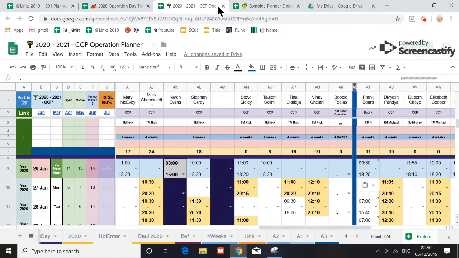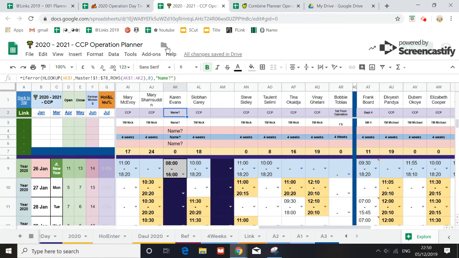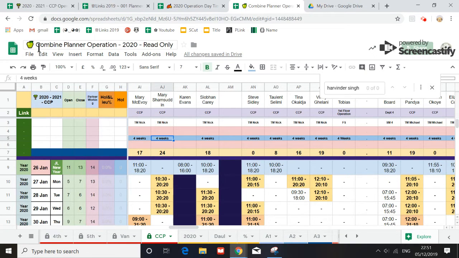Oh, I'm doing the read only. I'm also getting confused as well. Just now I was trying to amend the situation in a combined planner, read only. Read only means this is actually reading from the original. So the original is this one here. So your original planner will give data to these two. Yeah. So the combined planner will